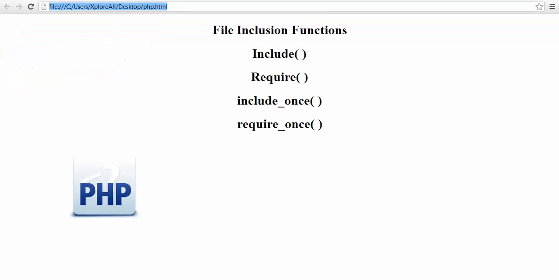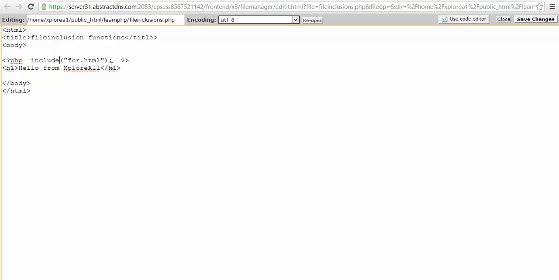And next is about include once. We have finished with include and require, and next we go with include once and require once. Include once and require once are the same as include and require, but with one difference, and I'll tell you why we use that. Suppose you think that I have included this for.html here. I'll just name it as form.html, and now suppose I give include once form.html, and again give include once form.html,